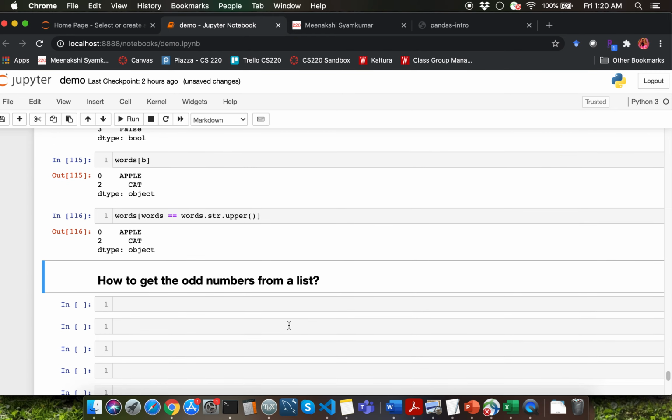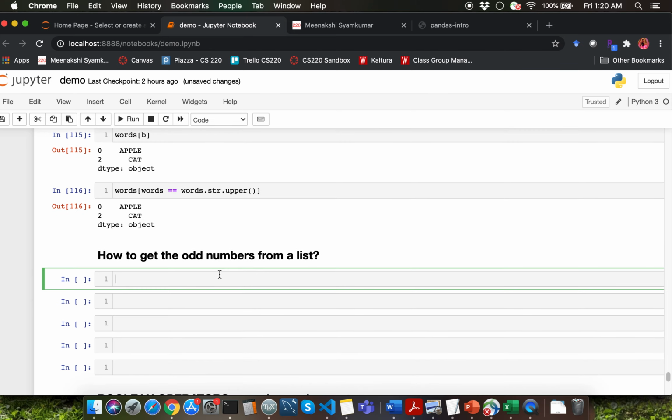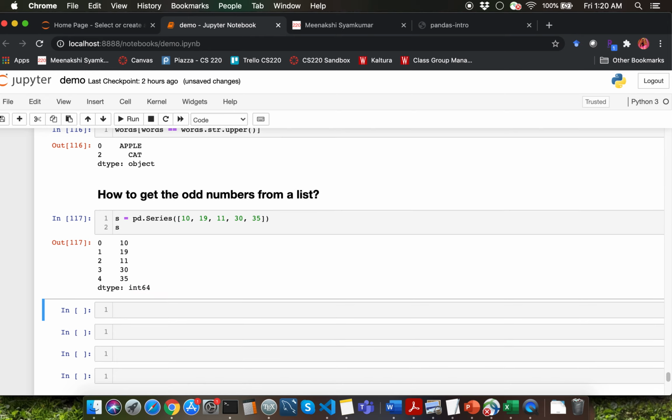Let's go through one more example here. I'm going to create one more series of integer values, and let me have the values as 10, 19, 11, 30 and 35, and I want to be able to find only the odd numbers from this list.